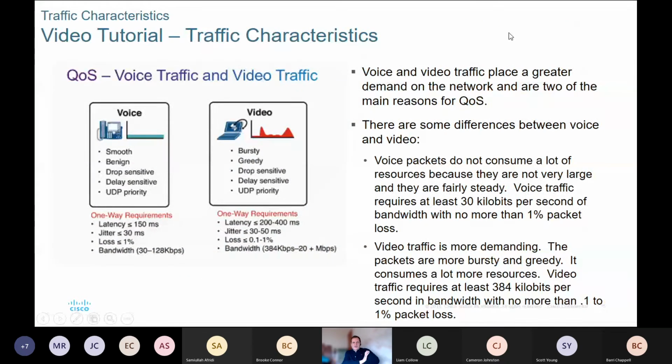Voice and video obviously are going to place a greater demand on the network, and they are 2 of the main reasons that quality of service is here at all. The difference between voice and video traffic is voice traffic doesn't consume a lot of resources. It's quite a narrow bandwidth for voice,